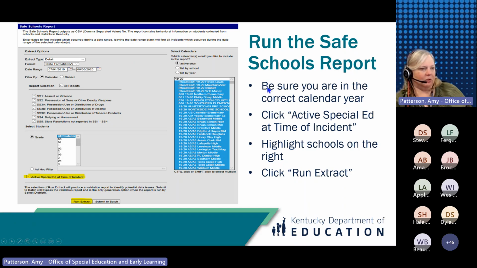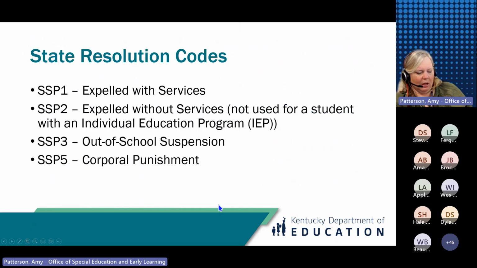So you do need to make sure you have the correct calendar year. If you only want kids with disabilities, select active special ed. If you want them all, feel free to run it all. And then you have to highlight whichever schools you're looking at, and then click run extract. You could click submit to batch, which you'll have to come back later and get. If you click run extract,